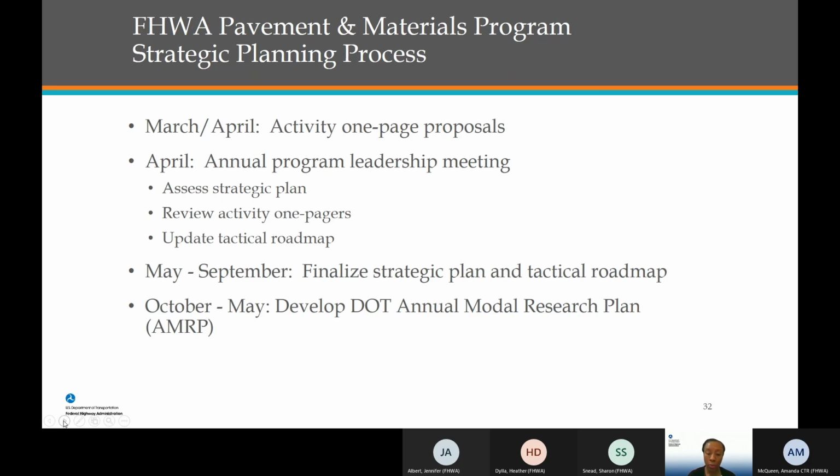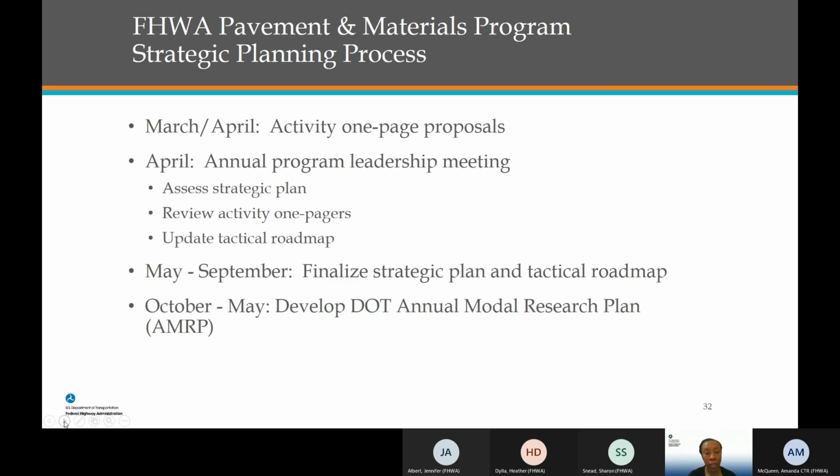We also brief our leadership at Federal Highway so they are aware of our key priorities and key activities for the upcoming year. Not only do we have to brief our leadership within Federal Highway, but we also have to report that information up to the departmental level, to the U.S. Department of Transportation Secretary's Office.